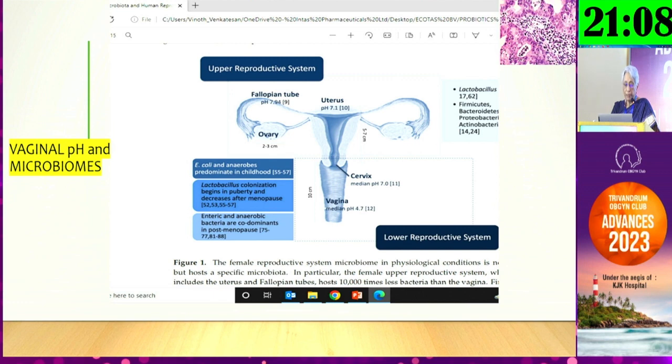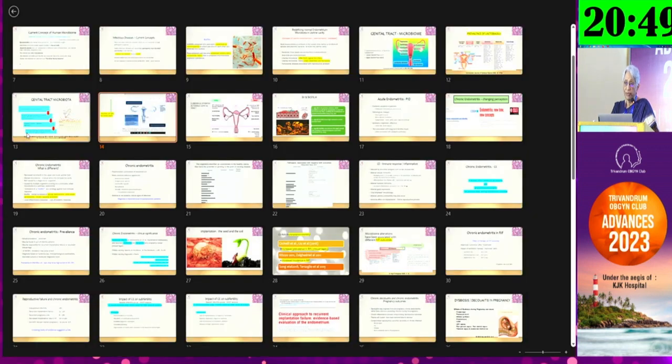And you can see that again in the microbiota in the lower part of the vagina, most of them produce chemical products which have more antibacterial qualities and are more acidic in nature. So in the entire human body, the vagina is the only part that has an acidic pH. This acidic pH becomes less and less as it goes up from the vagina into the cervical cavity. So when there is an infection, it's a barrier of